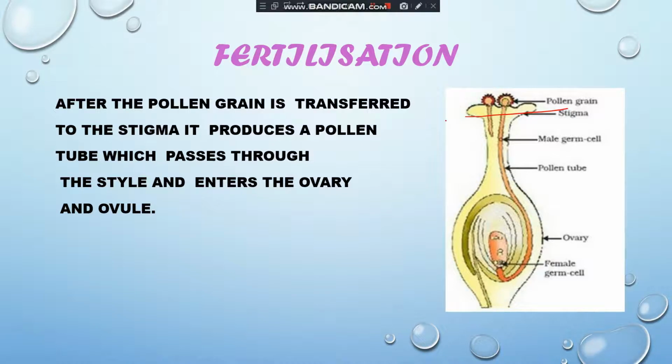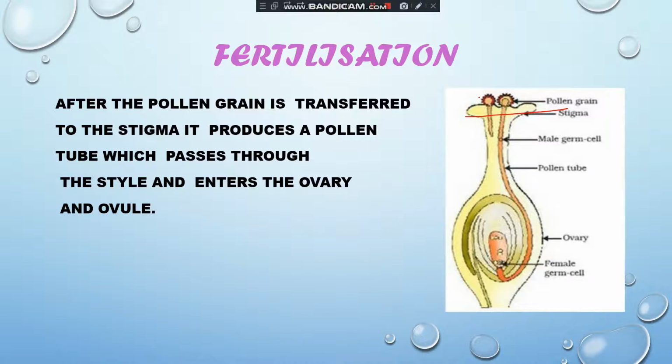Pollination is necessary so that the pollen can reach the stigma of the flower, and then the fusion of the male and female gamete can take place. If it does not happen, then what would happen? The new plant will not develop.